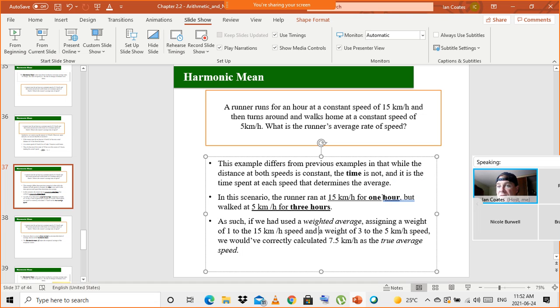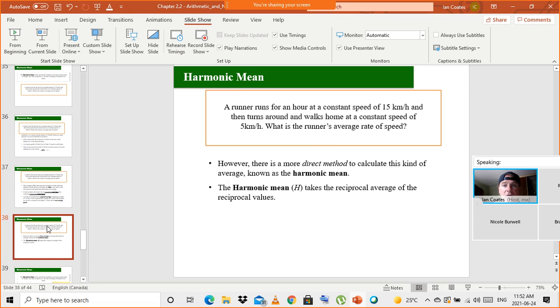15 times 1 is 15, plus 5 times 3 is 15, so 30 divided by your total time, which is 4. You still get the same answer, 7.5 kilometers per hour. So you could actually use the weighted mean to solve this question, or you can use what's called the harmonic